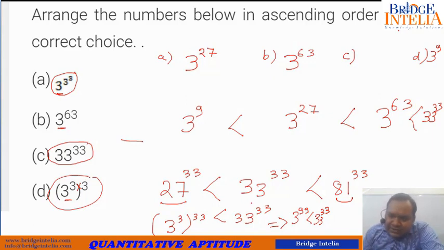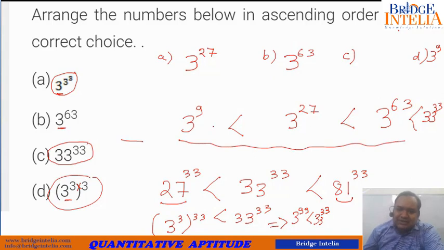So option C was not in the same base. It was not in the base of 3. So we compared it with the neighbors or the closest powers of 3. So for 33, the closest power of 3 was 27. So I can safely conclude that 33 raised to power 33 must definitely be greater than 27 to the power 33. So if you rewrite or transform 27, it should be rewritten as 3 to the power 3 and then power 33. So effectively speaking, 33 to the power 33 is actually greater than 3 to the power 99. So out of all these three numbers, 33 to the power 33 should be the greatest one.